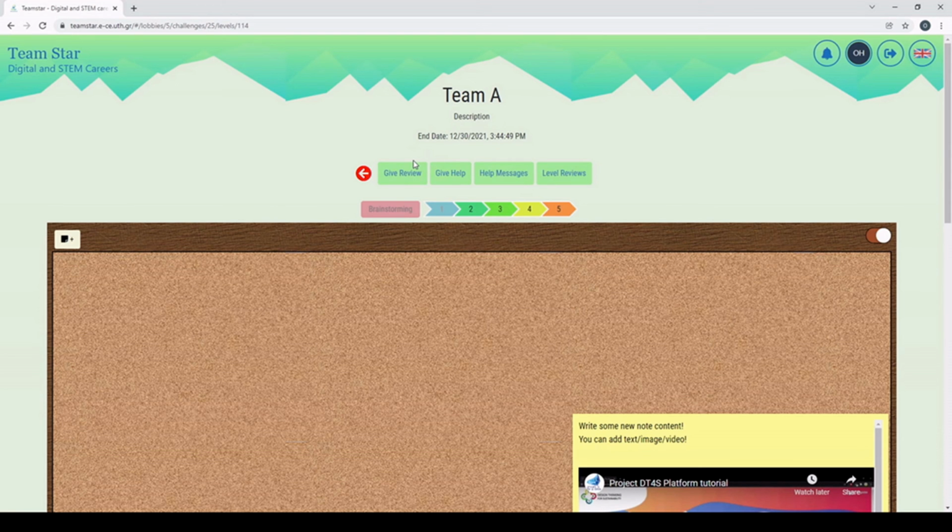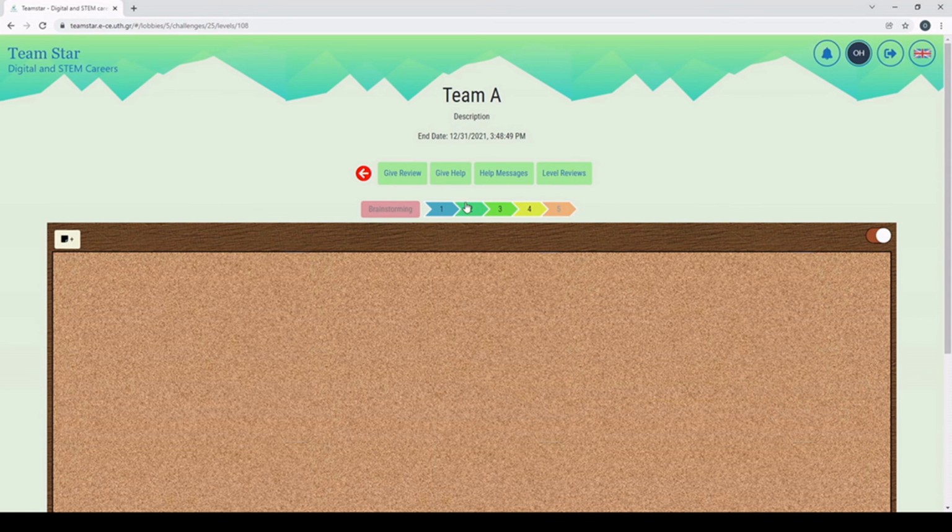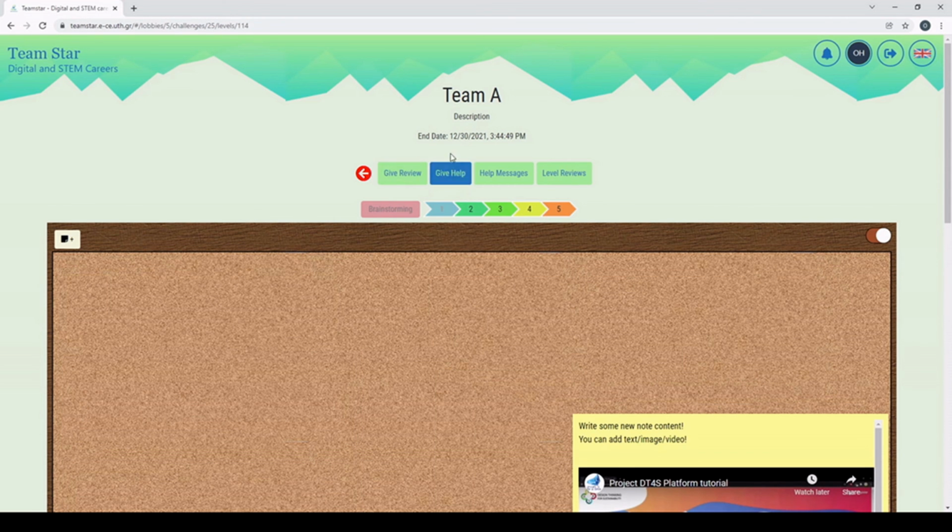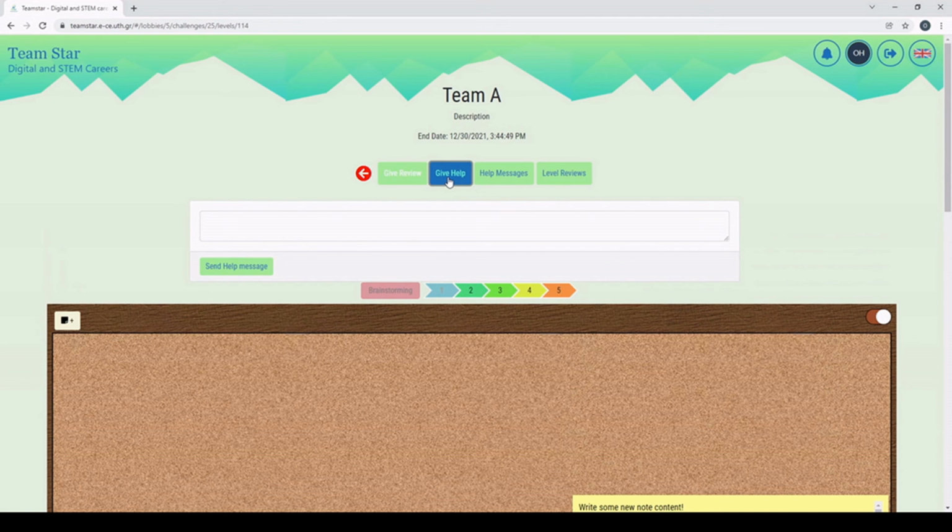As a teacher, I can interact by giving reviews of each of the levels when students ask me for it, or I can give them some help if I want to. Basically, it opens a message box and I can now enter some message.